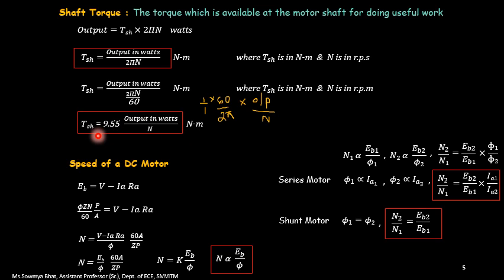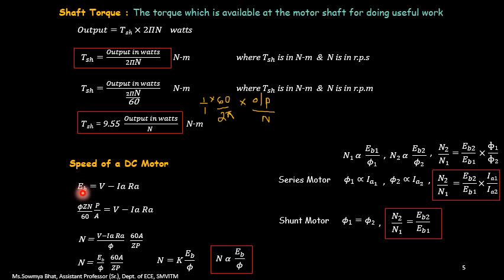So hope you understood how to derive the torque equation in terms of both armature torque as well as shaft torque. Coming to the next concept, that is speed of a DC motor. So we have already seen while deriving the expression for the back EMF this particular equation. If you just recall the concept of back EMF, you will come to know from where you got this equation. We have drawn the DC motor representation in terms of circuit diagram, wherein we have applied KVL and obtained the equation as EB is equal to V minus IA into RA.